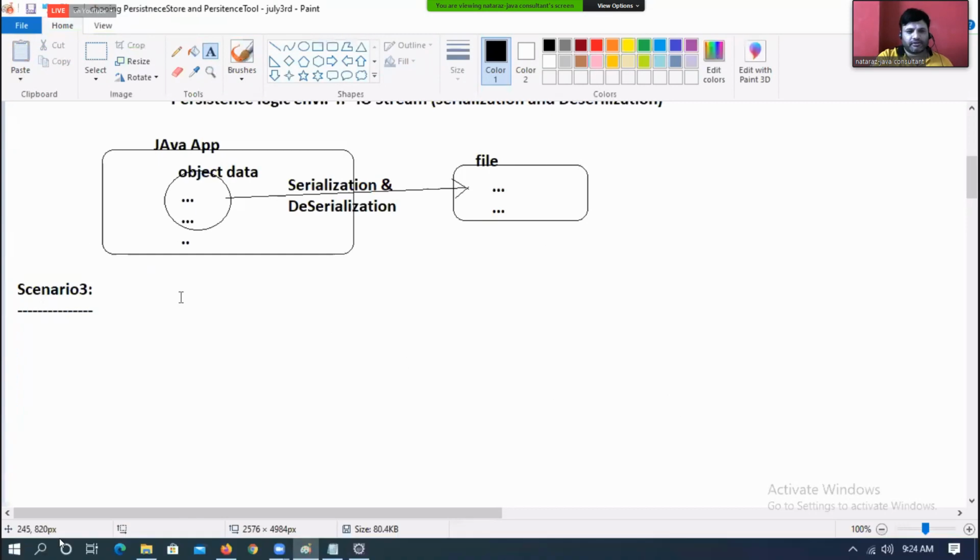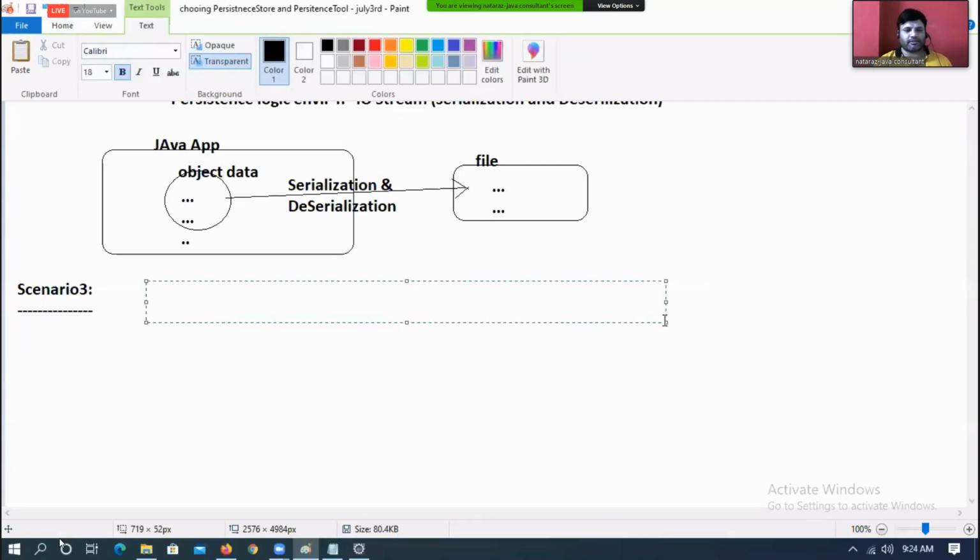Scenario 3. Application is medium scale application, like a web application. Just a website, not even an enterprise application.